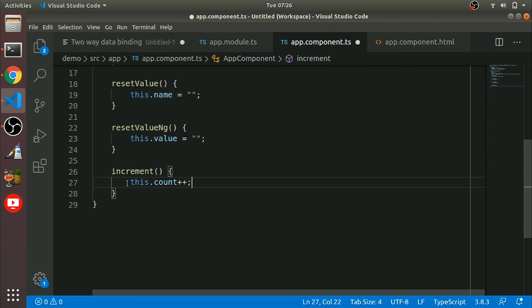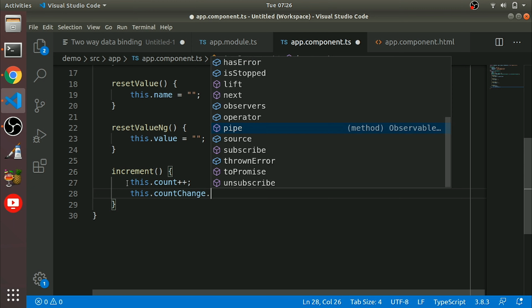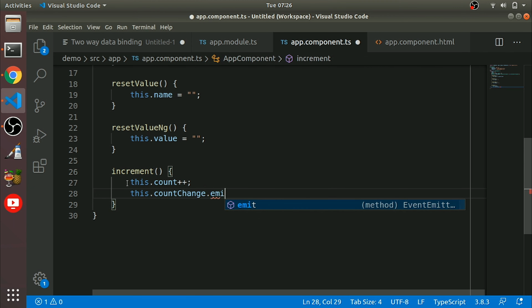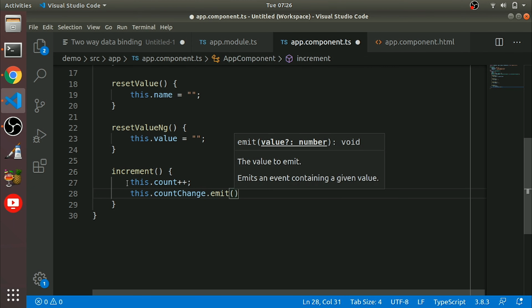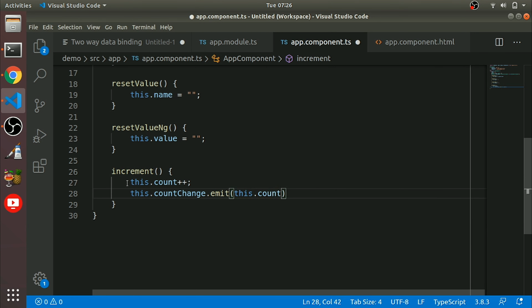So we just increment the count, then we'll emit the event: this.countChange.emit(this.count).